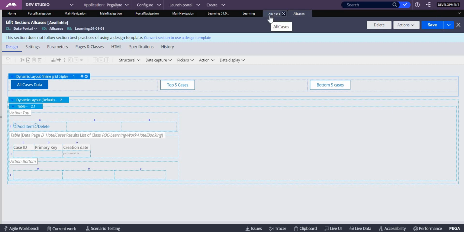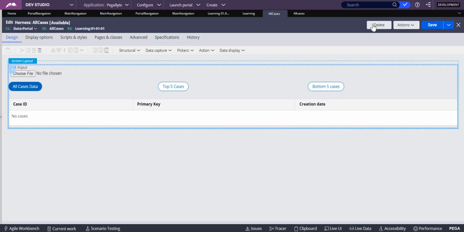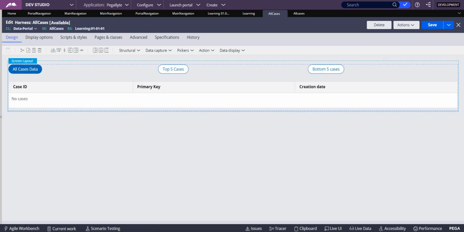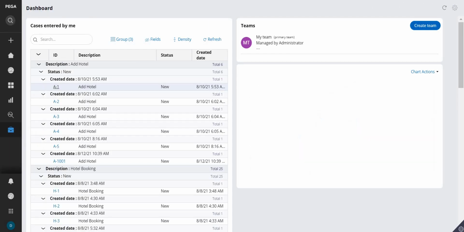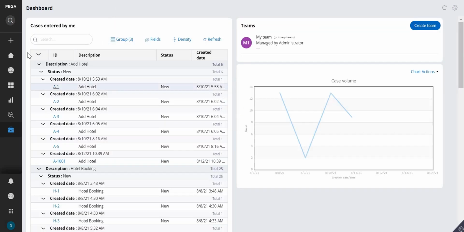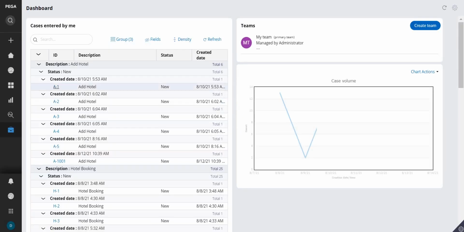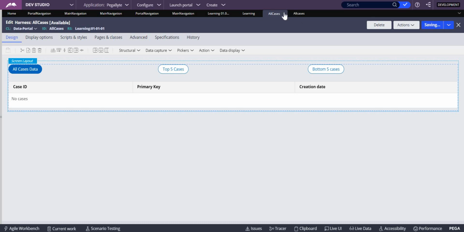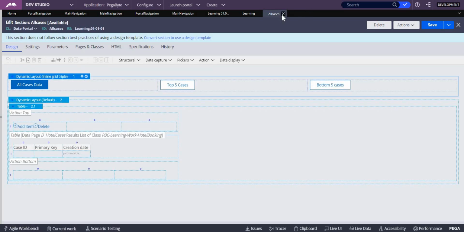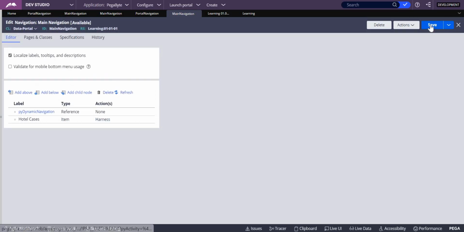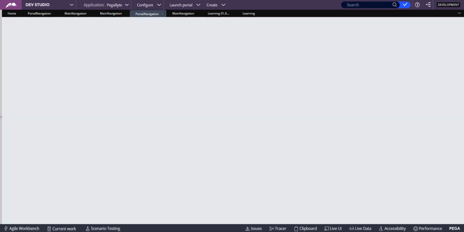So on click, you made some changes now. Let the on click be like this. Okay, save. You can refresh. Yes, all have come. So now you just go into the end user portal, and click on hotel cases. Okay, maybe I didn't save it. Yeah, maybe I didn't save it. So here it's okay, and then here I have to save this. Okay, save. Yeah, now you go back and check.